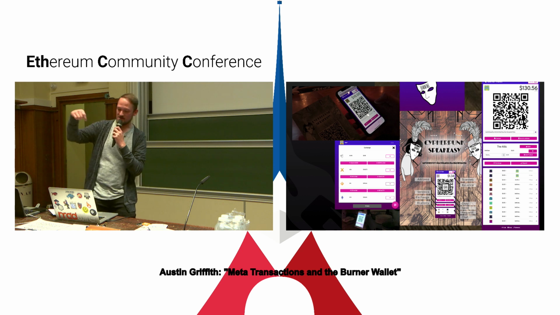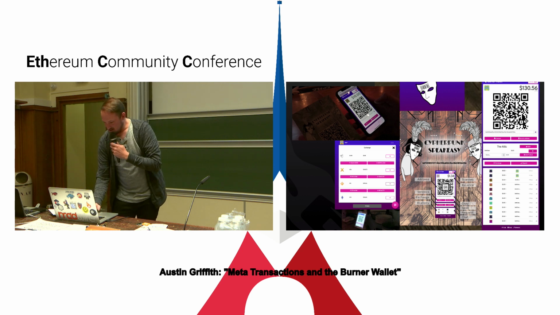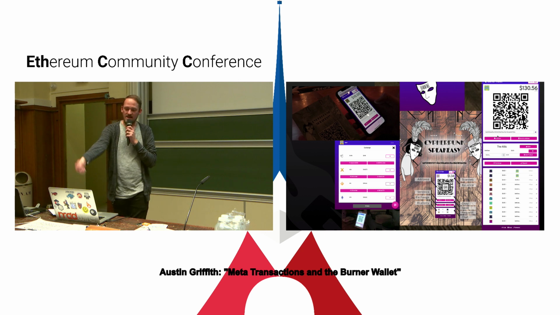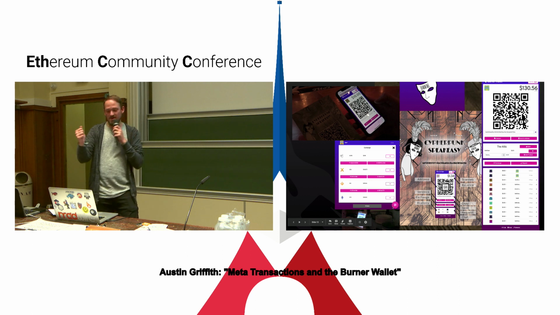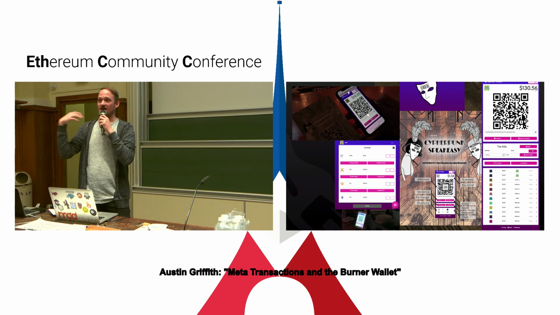So then you walk up to the bar. This was basically what the bartender looked like. He had this QR code here. You scan that with your scanner. So this is the little scan button here, right there. You hit that button, you scan the QR code, and you got a beer.